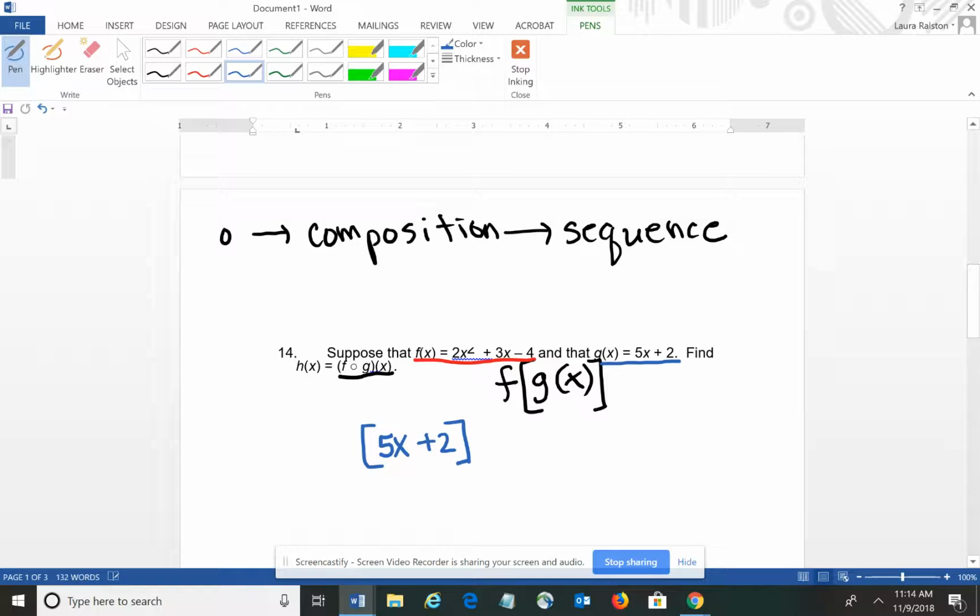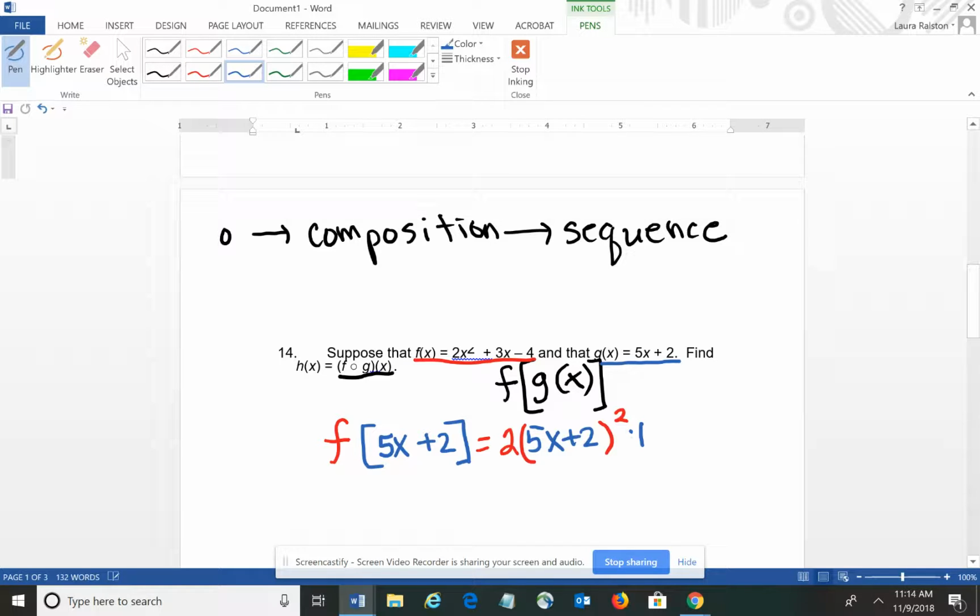That's my answer. I'm then going to take that answer and plug it into function f wherever there is an x. So we would have 2 times, and in place of x, we're going to put 5x plus 2. So I have 2 times the quantity 5x plus 2 squared